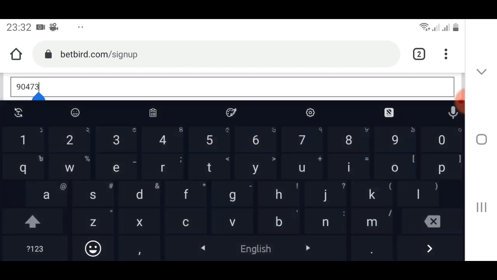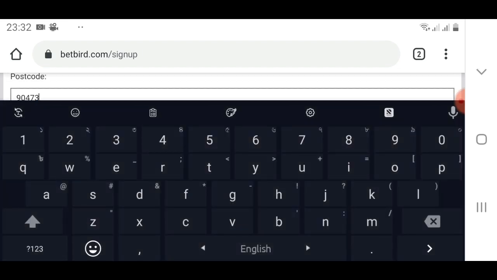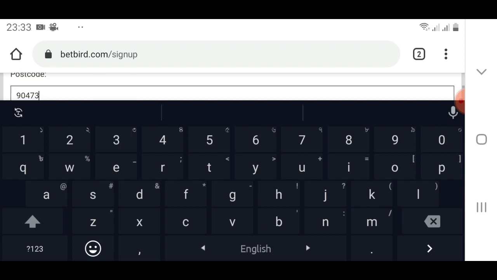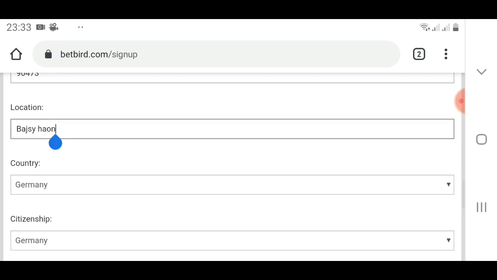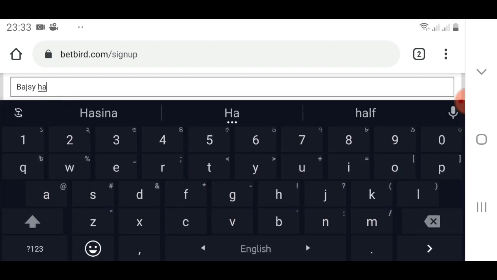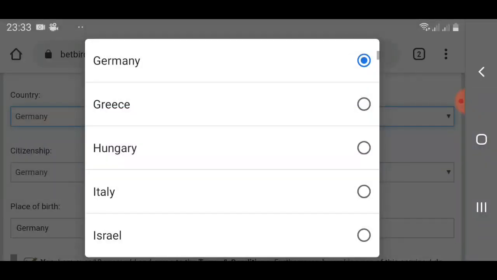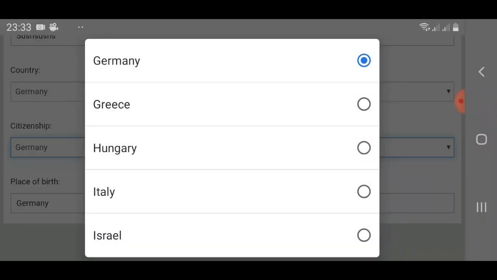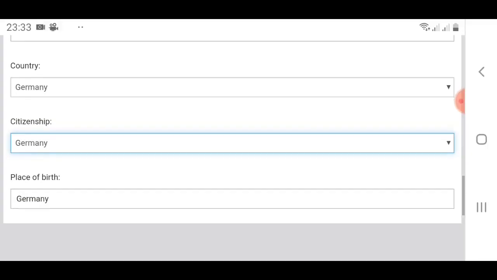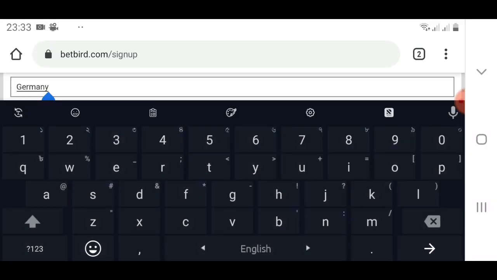Here you have to type your postcode. Just simply I am typing here. You have to enter your location. Then select your country. Here select your citizenship. Here enter your